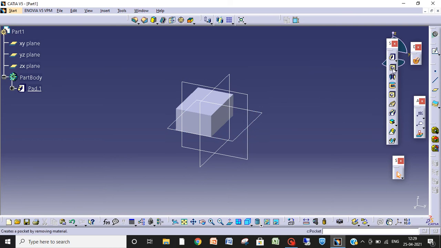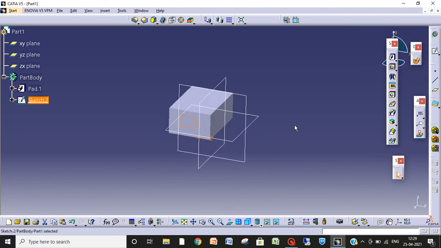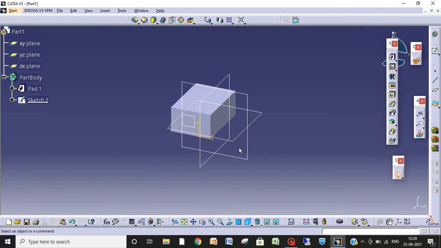And for pocket, to remove material, I am choosing this plane, that is this face of a solid body. Sketch over it. I will make a small rectangle there. Right now we are just showing, so I'm not giving it dimensions.